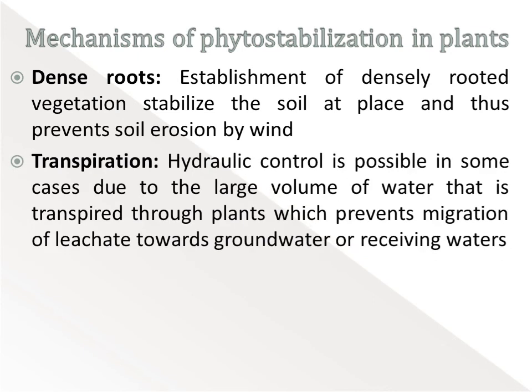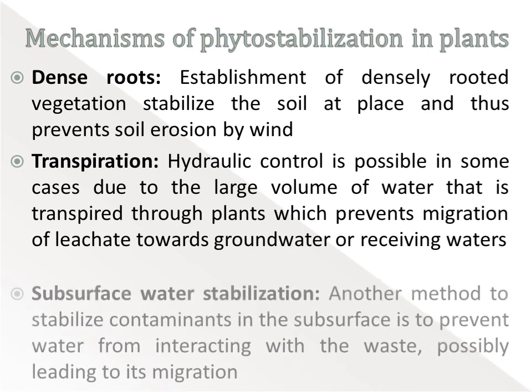Second one is transpiration. There is a transpiration pull in the plants, and that pull raises the water from the roots to the shoots, and that transpiration pull exerts a force on the contaminated soil that is present around the roots. Due to that force, the contaminated soil remains bound to the roots, and in this way plants also prevent the leaching of the contaminants into the groundwater.